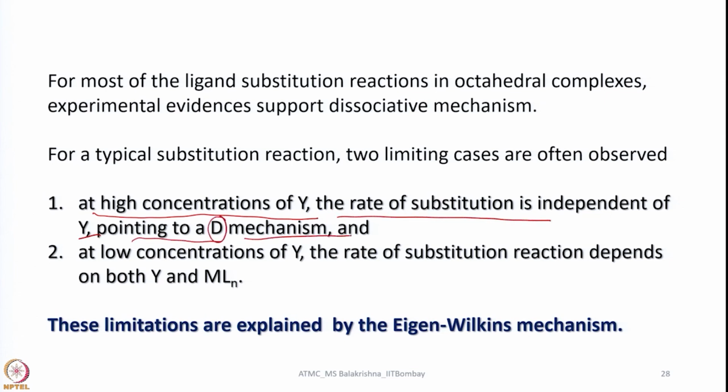That means the entering ligand concentration is very high, so it does not participate in the rate determining step. But at low concentration of Y, the rate of substitution reaction depends on both Y and the substrate molecule, that is the starting complex. So, these 2 are the limiting cases for a typical substitution reaction, and these are explained by